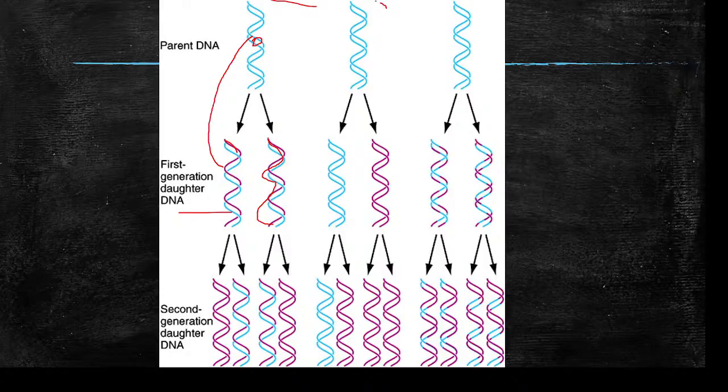In conservative, the parent DNA is retained intact, both the strands, and it will produce one more double helical DNA. In dispersive, the offspring DNA or new nucleotides will be distributed in each strand. Each single strand will have both parent DNA nucleotides as well as offspring DNA nucleotides.